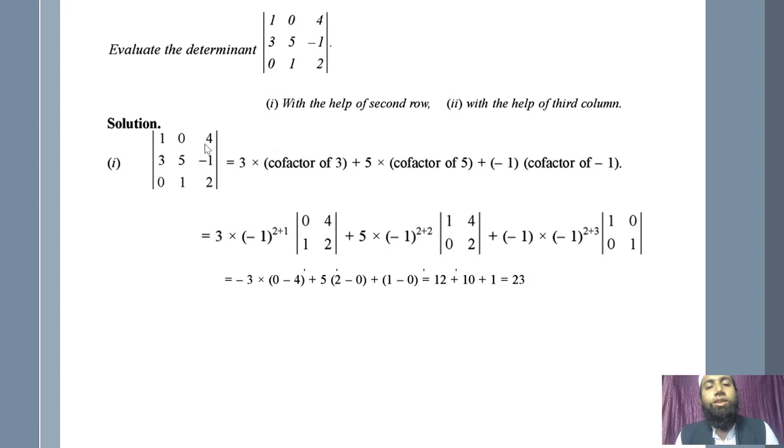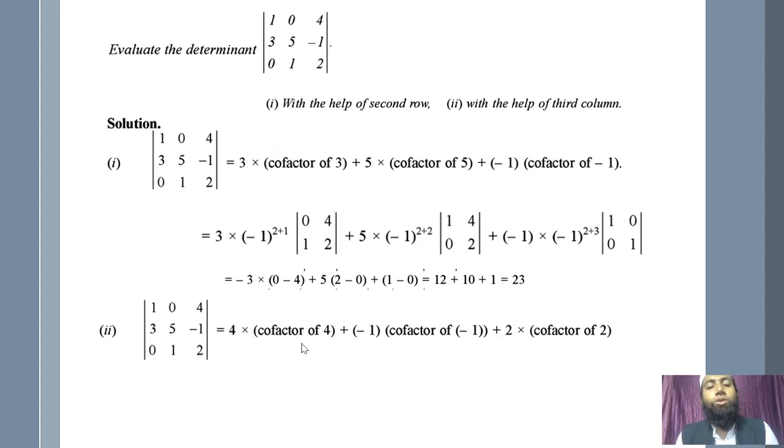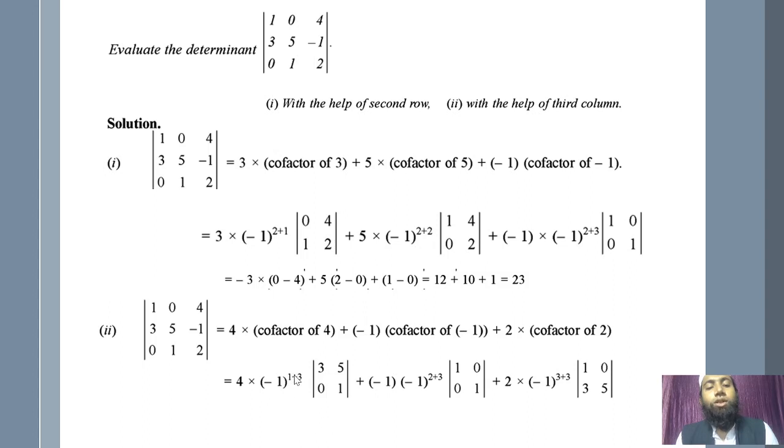So just take this third column, 4, multiply its cofactor, plus this, multiply its cofactor, plus this, multiply its cofactor. So this is 4 into cofactor of 4, minus 1 into cofactor of minus 1, 2 into cofactor of 2. 4 into minus 1 raised to what? In which column and which row is it present? 1 plus 3. So this will be minus 1 raised to 1 plus 3, and the elements are 3, 5, 0, 1. Likewise minus 1